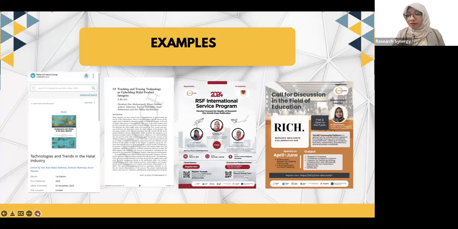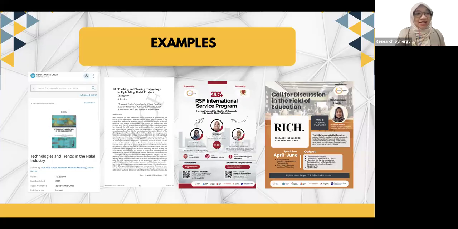And this is just an example of our program, and how research can bring more impact to society and communities. This one is an example of our published book chapter in Routledge, already published and indexed in Scopus. This book chapter is our collaboration with the Halal Science Center, Chulalongkorn University, Thailand. We came with a certain topic in line with the book chapter, and then we did collaboration, our perspective and also their perspective, into one chapter. And you can also access it,